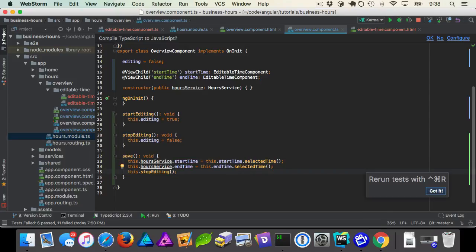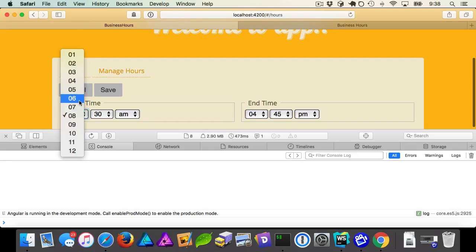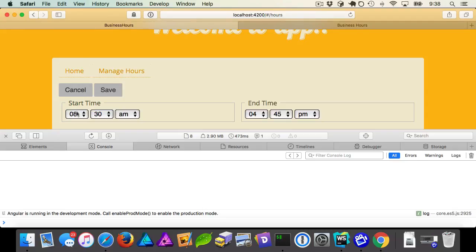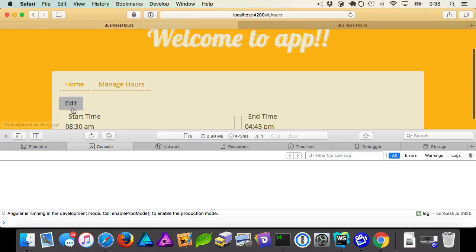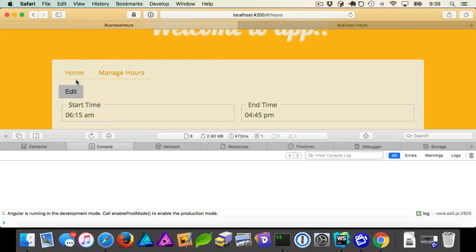So if we were doing more than just setting this.editing to false, we would actually be able to trigger an update or emit an event or whatever we might do. So now you can actually see that when I hit save, I'm updating this component. If I hit cancel, it doesn't do anything to the home. But if we change it, so we'll say we start at 6:15 in the morning, hit save and go,